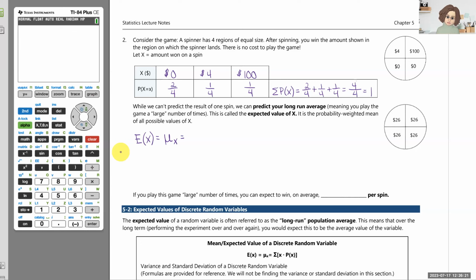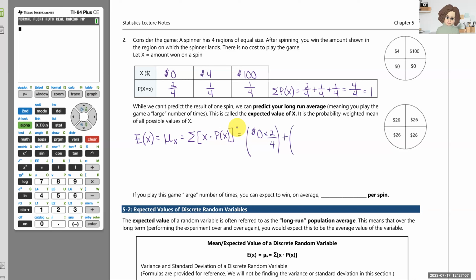So it's actually just a weighted mean where the weights will be the probabilities. So the formula will be capital sigma, we'll be adding each value that is the product of X times its weight, which is its probability. All right. So I'm going to put my numbers in parentheses when I'm looking at the pairs, the X and its P of X. And I'm even going to include units in the math for emphasis here. So $0, its probability is 2 out of 4,